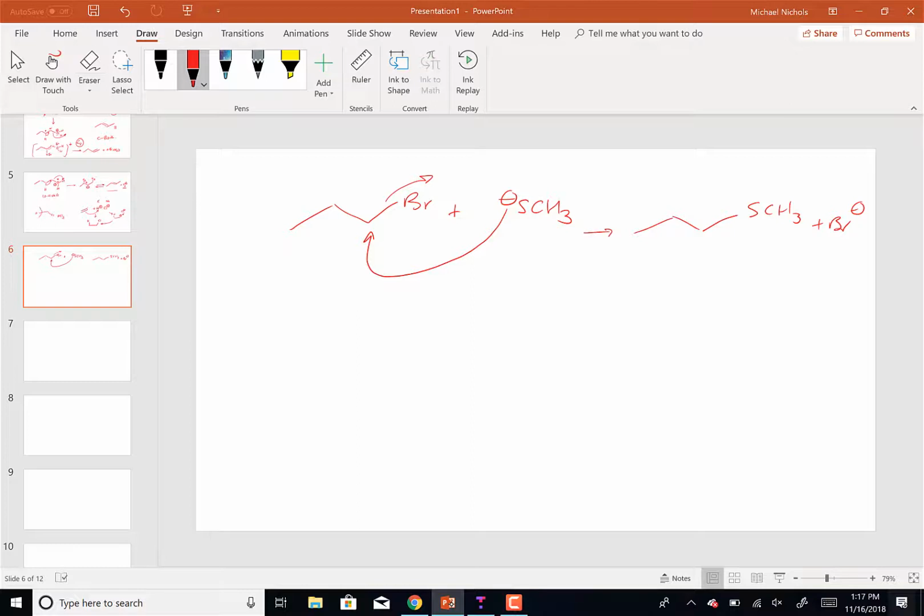And that mechanism would then be an SN2 mechanism. So it's a different kind of nucleophile than what we've used, but it's really the same thing. If we go back,